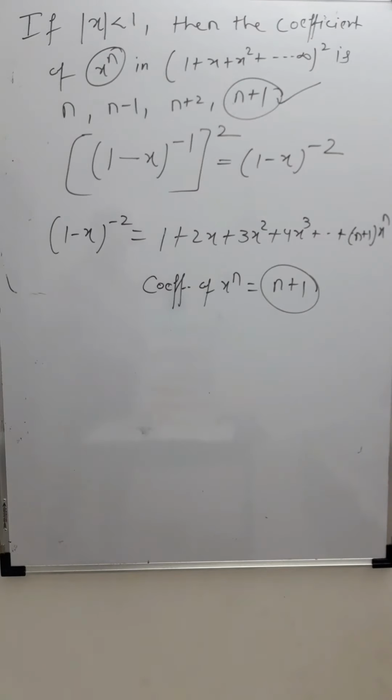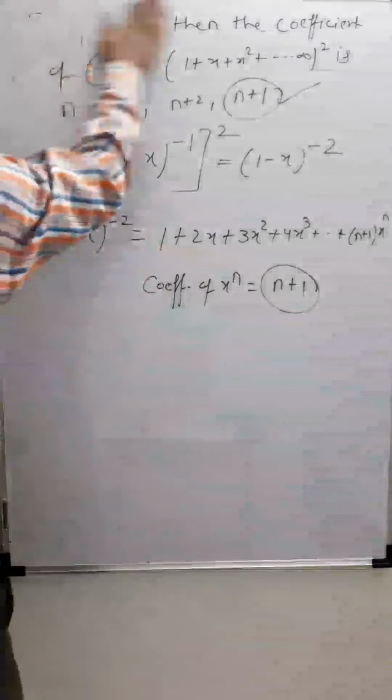infinite binomial. So that means we must remember those binomial expansions: 1 plus x to the power minus 1, 1 plus x to the power minus 2, and so on. Find it? See, one or two more problems will go. This is one area where you have to be smart in binomial. That result you must remember: 1 plus x to the power minus 1, 1 minus x to the power minus 1. Four results are sufficient: 1 plus x to the power minus 2, 1 minus x to the power minus 2.